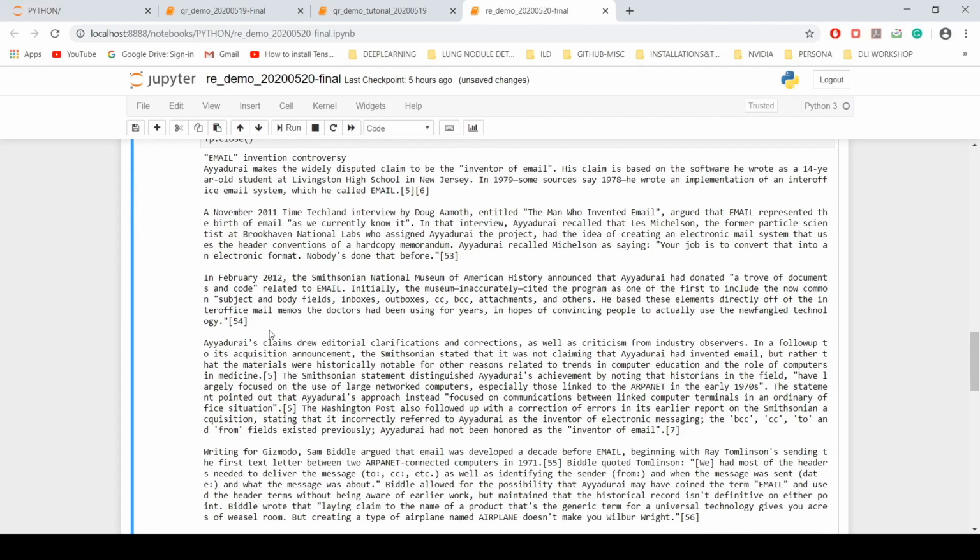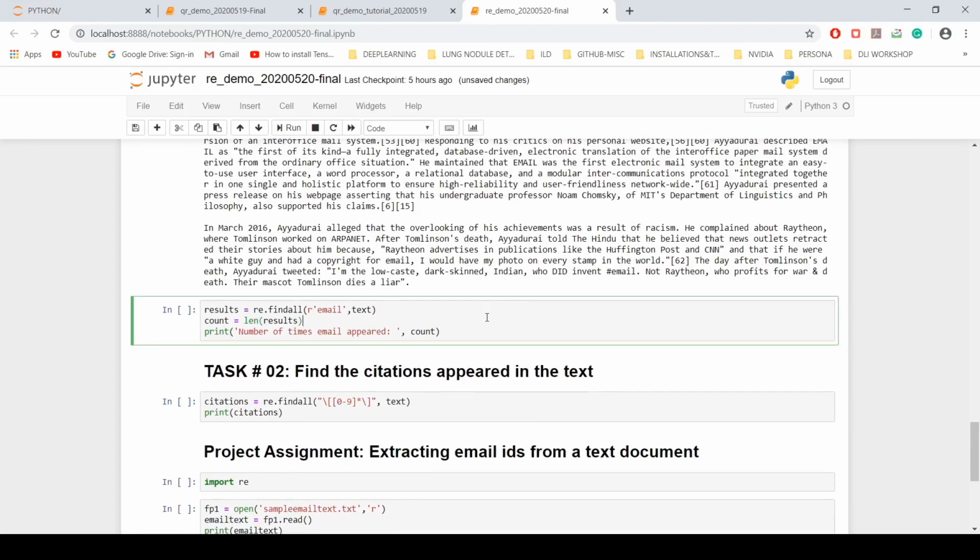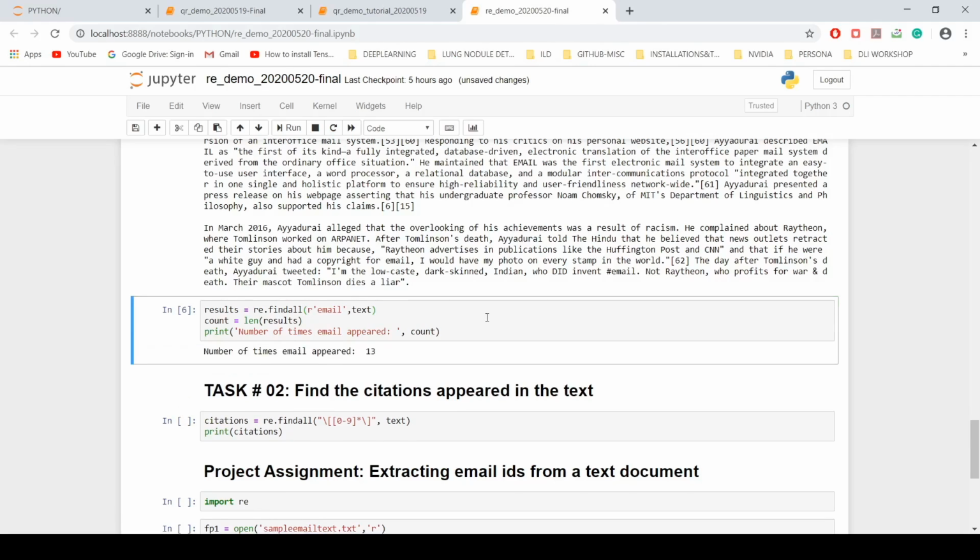Now we have this text, and as I said earlier, it has the word email repeated several times. That number of times we have to count, and this piece of code, as I have explained just now, can accomplish that task. So it is present 30 times in the entire text, but here my expression has a lowercase email, but you can experiment with developing an expression which can detect the number of times email has appeared irrespective of its case. Then this count will definitely change.